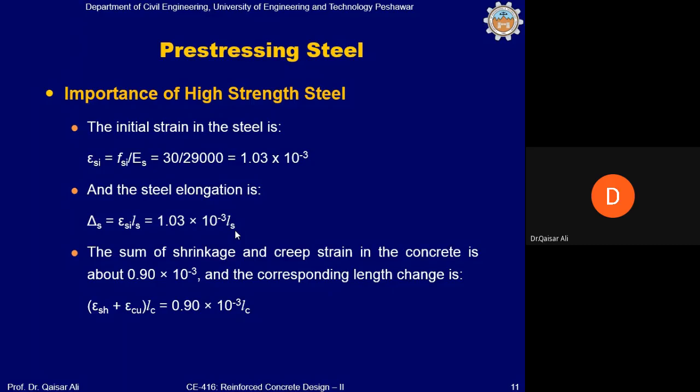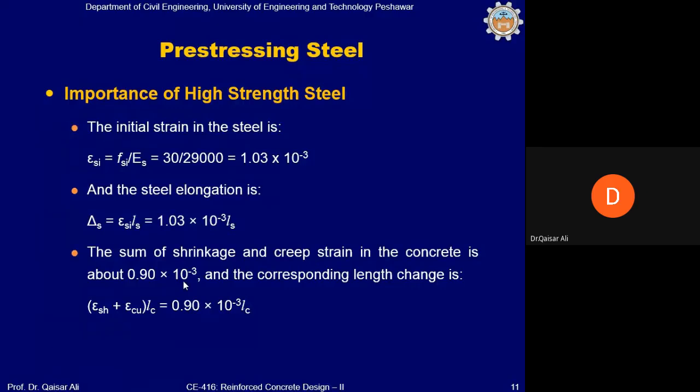तो उसके बाद जब हम स्टील बार को दोनों साइड से काट देते हैं और स्टील बार, कंक्रीट और स्टील बार के बांड की वजह से, अब कंक्रीट को दबाना शुरू करेगा। लेकिन इस दौरान अगर कंक्रीट श्रिंकेज और क्रीप की वजह से अपनी लेंथ को कम करने में कामयाब हो गया, कंक्रीट की लेंथ आहिस्ता आहिस्ता कम होगी, तो स्टील की लेंथ भी कम होगी। तो क्रीप और श्रिंकेज की वजह से कलेक्टिवली जो स्ट्रेन आता है वो 0.9 × 10⁻³ है। This is confirmed from the experiments कि 0.9 × 10⁻³ इतना स्ट्रेन कंक्रीट के मेंबर में आ जाता है कुछ अरसे के बाद।